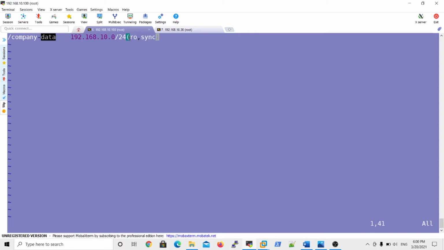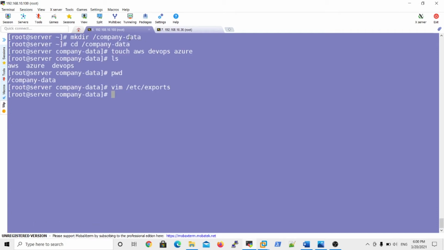Then save the file and start the NFS service. What is the NFS service name? systemctl start nfs-server. Before starting the NFS server, you must first start the rpcbind service.